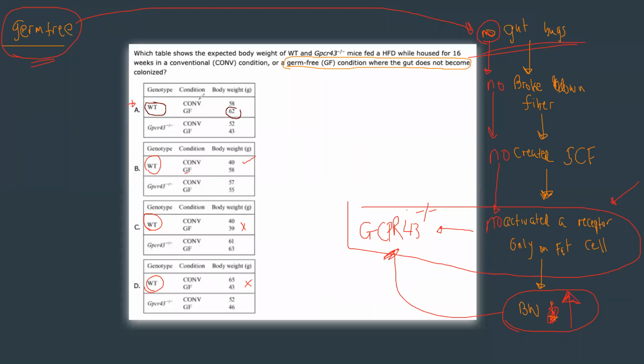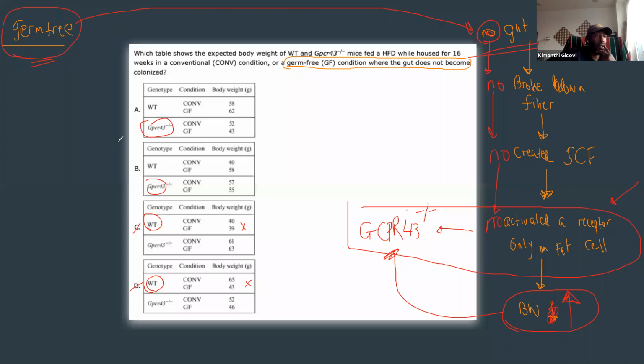Yeah, that makes sense. All right, cool. So now we've eliminated two answer choices. And now we're left with only two choices to consider, okay? So we looked at the wild type condition and we were comparing the germ-free environment. So let's just look at the other side, right? And we expect the bottom number to be bigger or smaller or the same. What do we think? We expect it to be bigger, the bottom number.